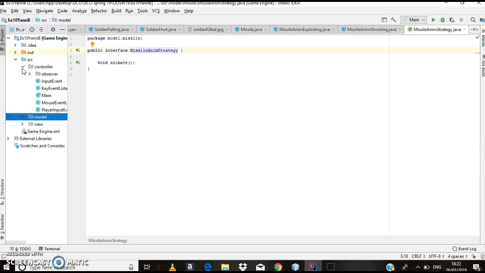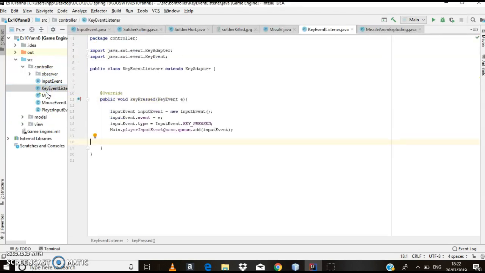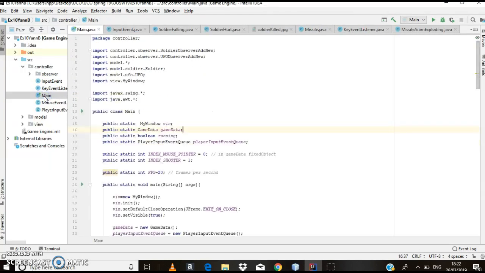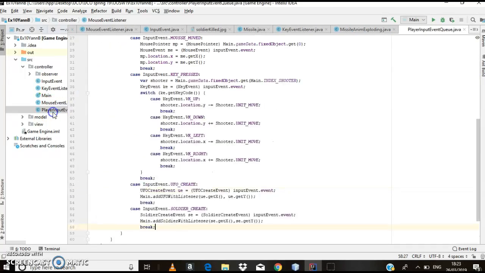Let's go to the last package, that is the controller package. The controller package is first the input event class. You can see here the key event listener class, the main class, the mouse event listener class, the player input event queue class,